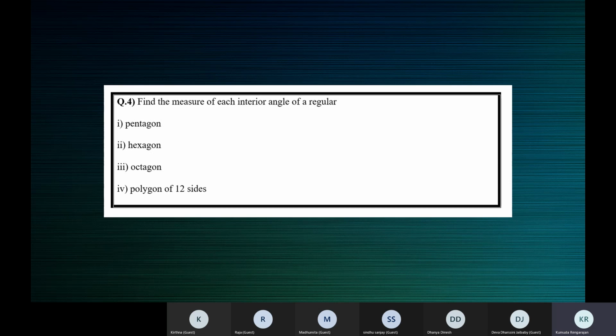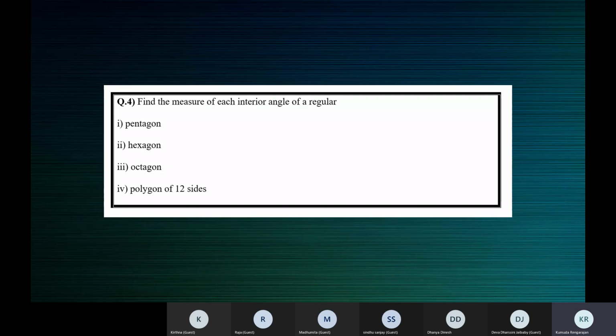Okay, I hope all of us have finished now. Don't go to the second one. We'll do the first one in a different way. Now, all of you, what is the sum of all the exterior angles of a regular pentagon? What is the sum of all the exterior angles of a pentagon?